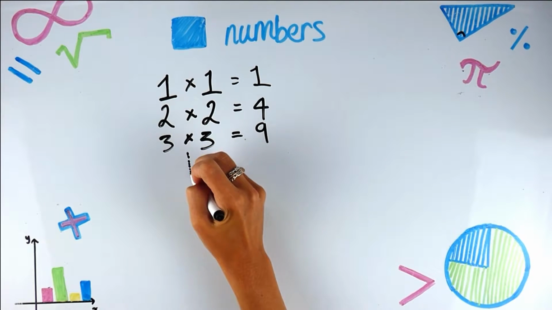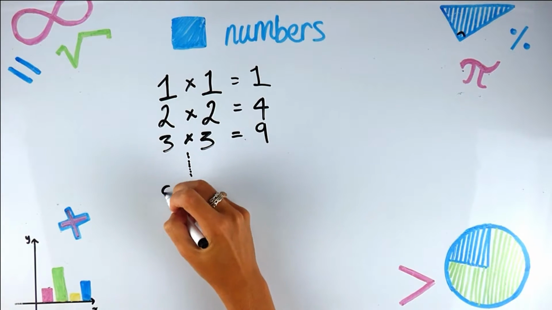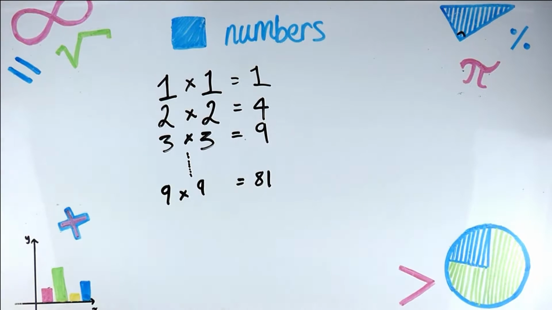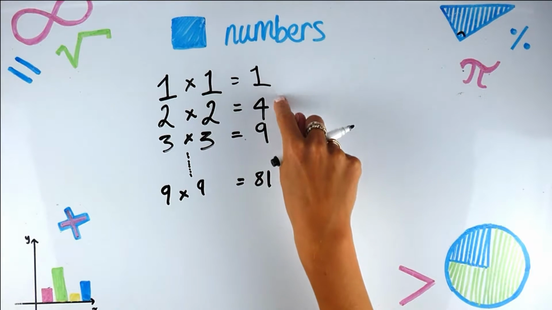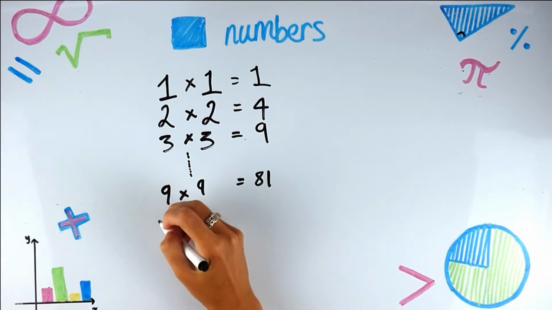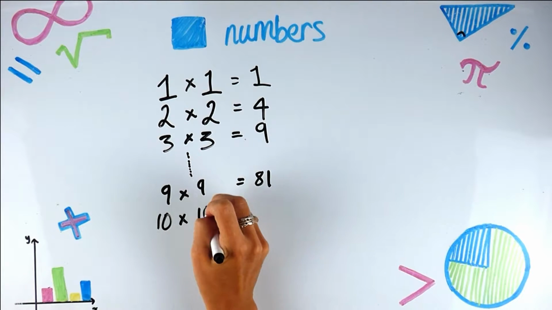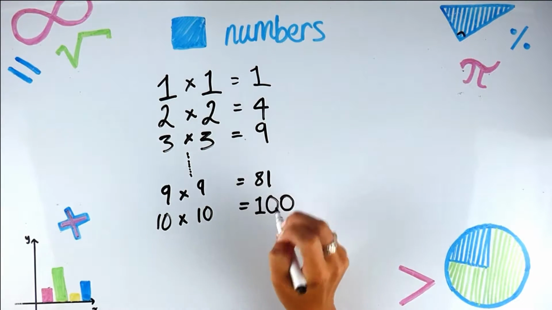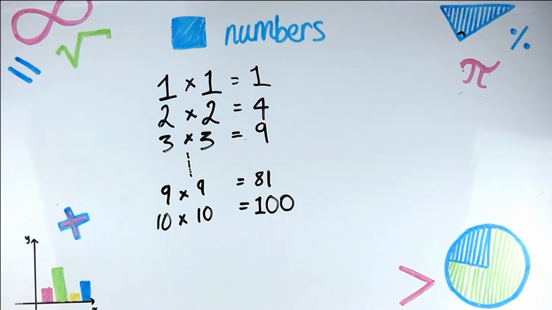We can keep going. If I take 9 multiplied by itself, we get 81. That's easy enough. These are the basic ones, and they go up to 10 times 10, 10 multiplied by itself, which is 100. They're the ones you normally know up to. Again, you don't have to memorize them because you can work them out. All you need to know is a square number is a number